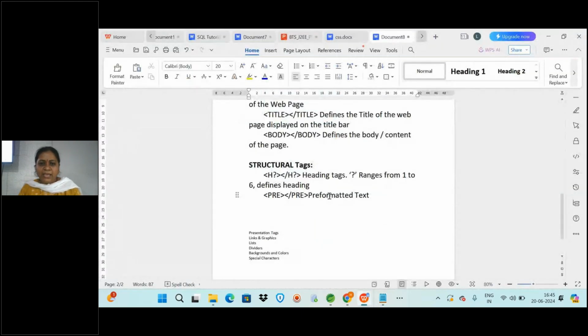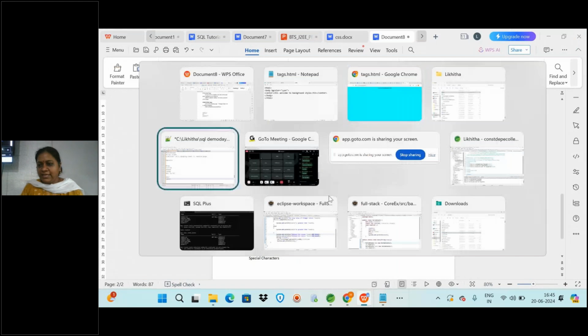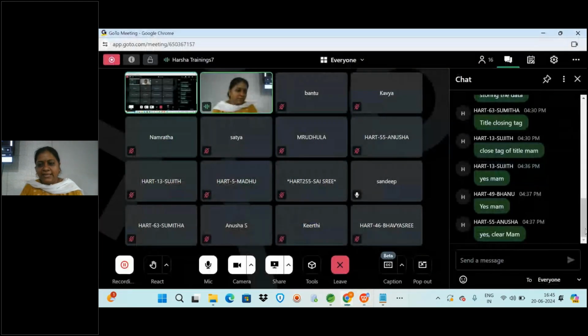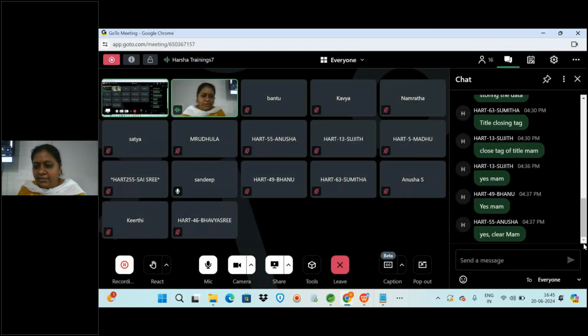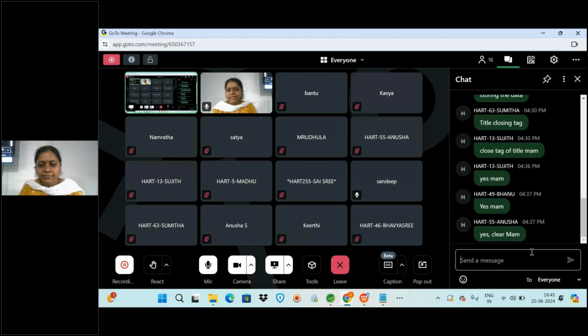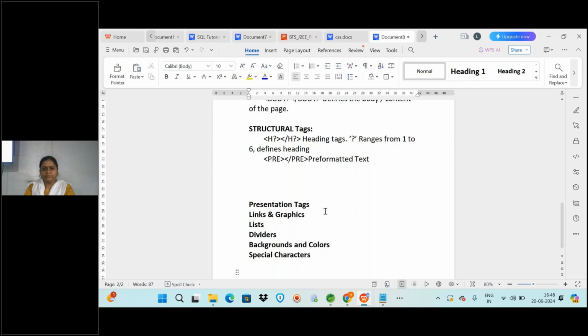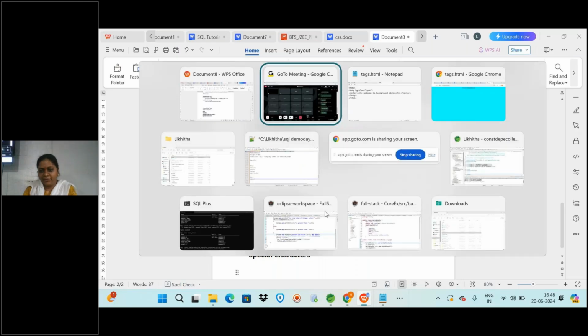Okay, everyone take a minute. I think you have to send a message from your mobile that you have attended the demo 3 session. Everyone please send it. I think you have the number from yesterday, the same number you can send. Is it clear to the online students? Is it very fast or is it fine? Is it clear everyone? All of you please take time and send a message to the number that you are attending the demo 3 session. Okay, done everyone.